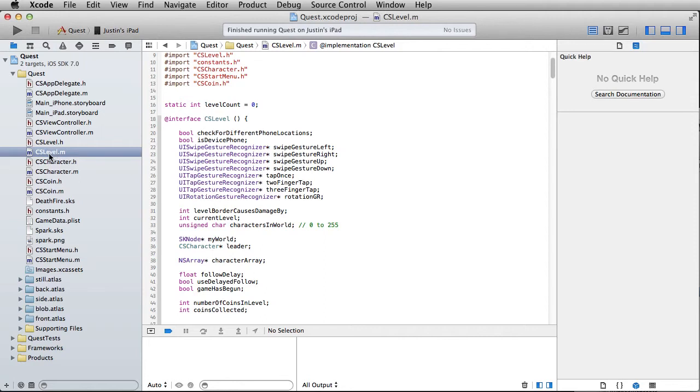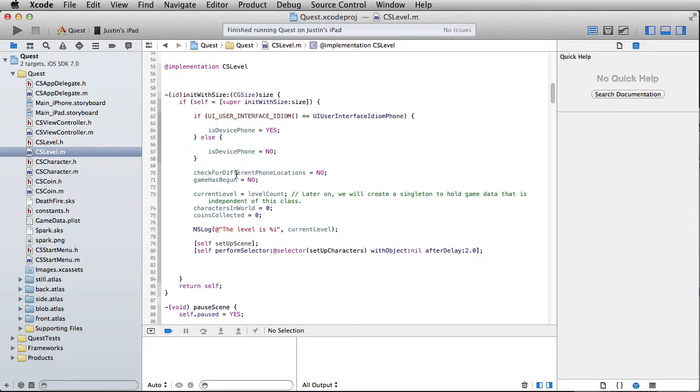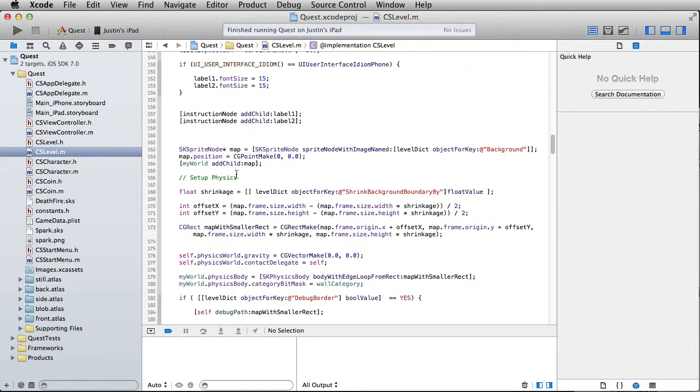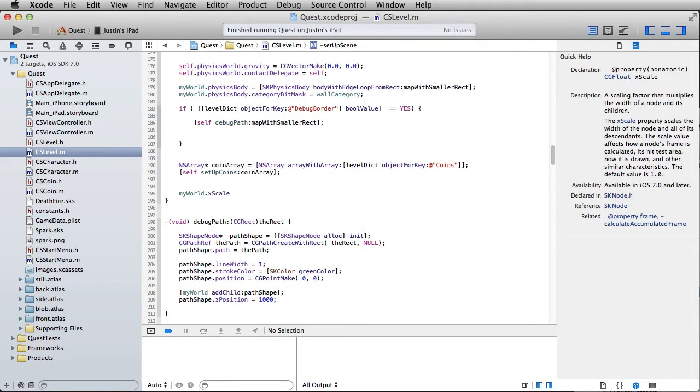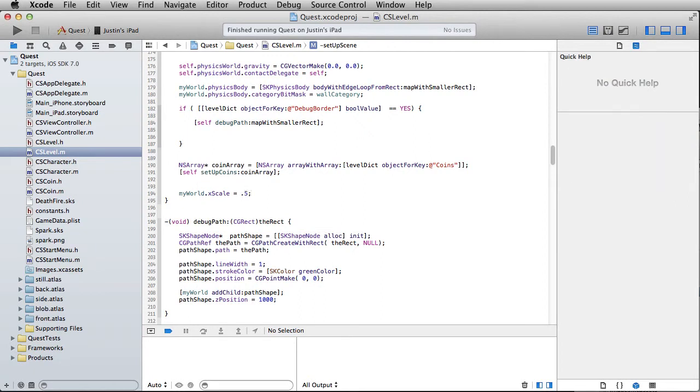Okay, so what we're going to talk about now is kind of a global resize for everything, and this turned out to be a little bit more complicated than I could possibly have imagined. My original idea was that the property list would, on a per level basis, have a resize variable, so essentially all you would have to do after you'd set up the world, anywhere down here, would be to say something like my world dot x scale equals 0.5